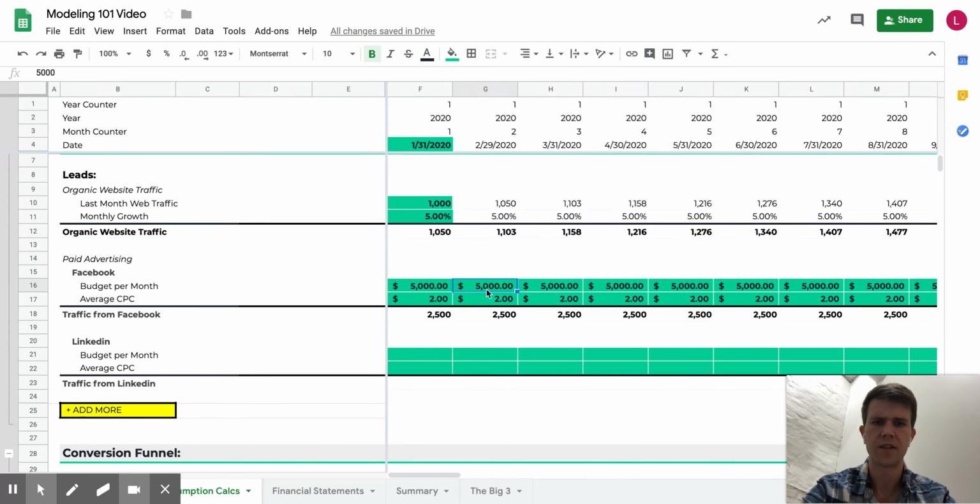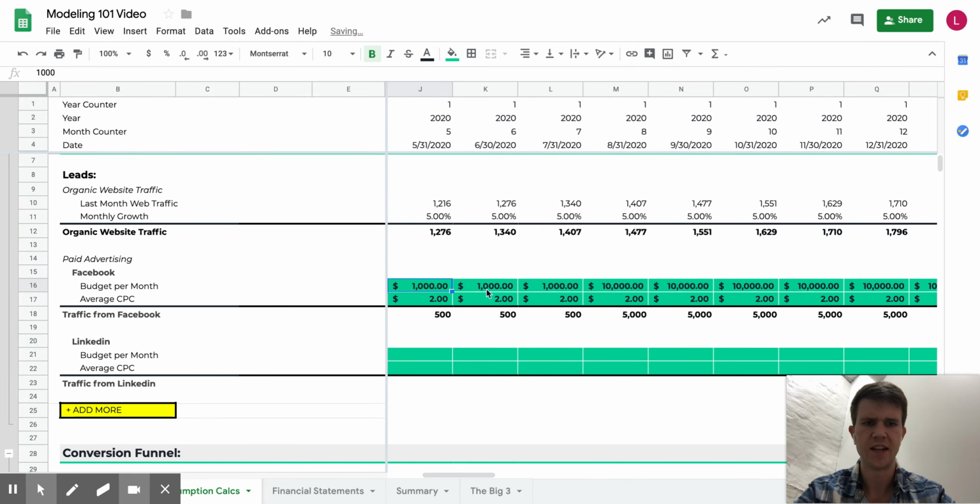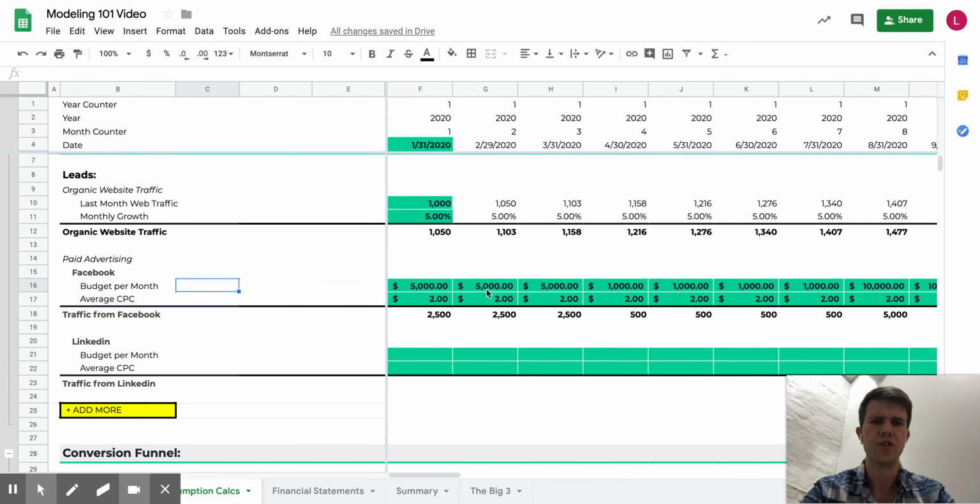So you spend $5,000 a month, and then maybe around April, you take it down a little bit just because of cash issues. And then maybe it goes back up towards August to about $10,000 a month. So you can play around with your spends and run different assumptions of if you decided to spend more on advertising, what that would do to your growth and what that would do to your